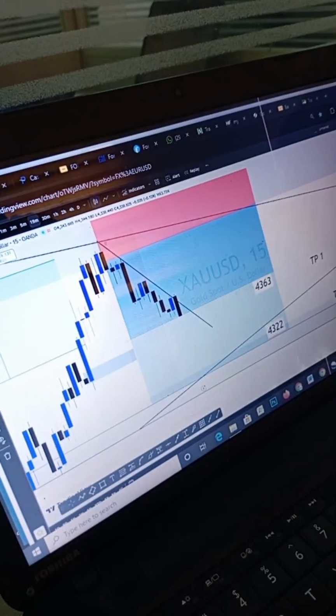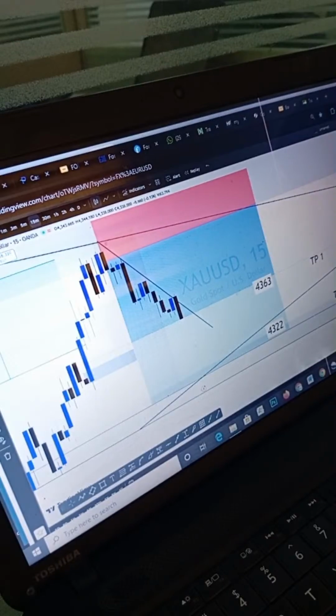Yes, we are currently on break even, and the price is actually still dishing towards our favor. As you can see, this is the USD 15-minute time frame. We're actually on good sales, as you can see right here. And then we have TP1 spread out, TP2 as well, indicated right here. We're going to be taking partials at 4363,